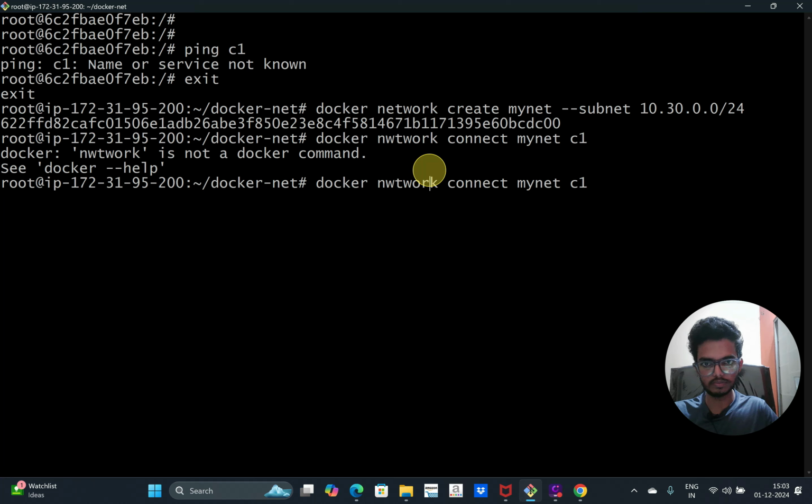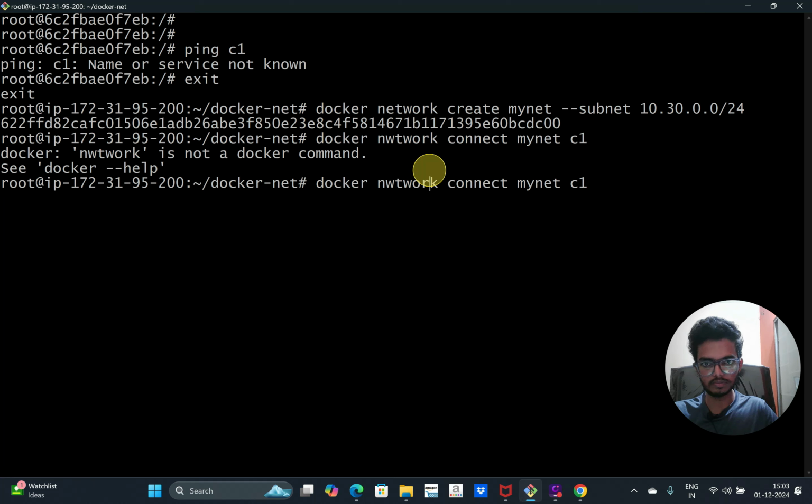For that, I can run docker network, the opposite of connect, that is disconnect. Always network name first, that is bridge, not mynet, then the container C1. So that is disconnected. C2 also disconnected. If I do docker inspect now, I can see only one network, that is mynet. So that is done now.